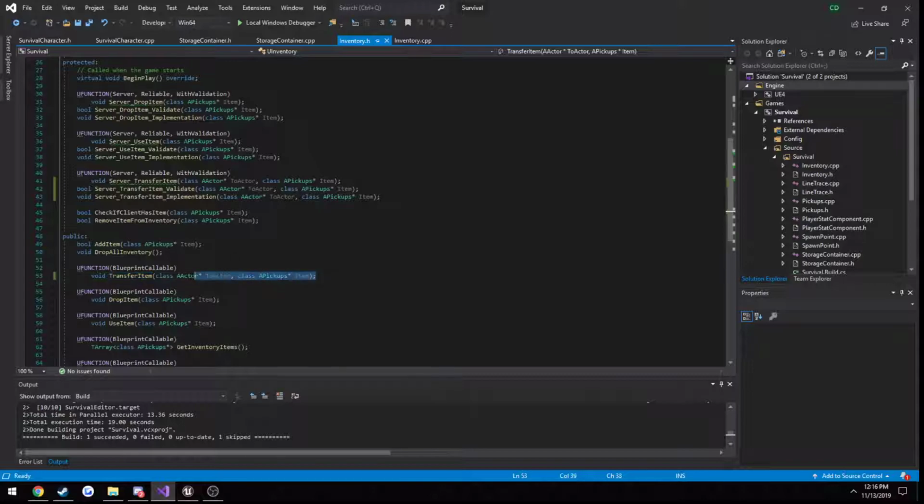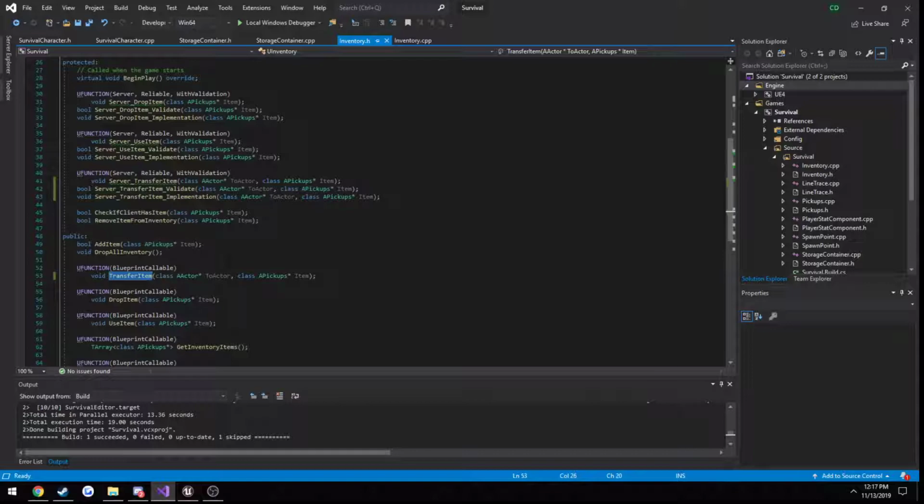When we transfer from ourselves, we can call server functions from it, no problem, because we are the owning actor. But if we try to go from the chest to ourselves, we don't own the chest. The server owns the chest, so we can't call these server functions on it, which means we can't directly call